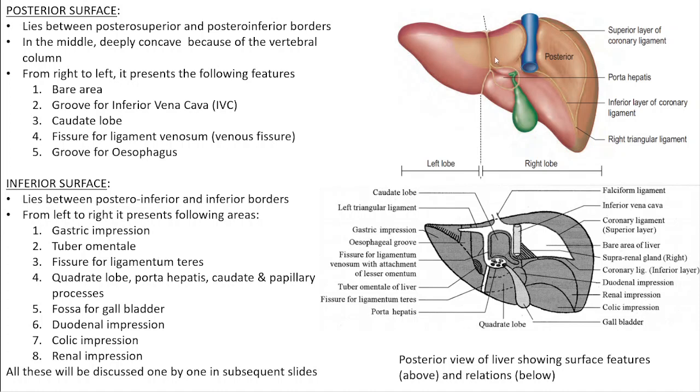that is also considered part of the inferior surface of the liver. It consists of two processes. One is the papillary process, which projects towards the left side, and there is this long caudate process which projects towards the right side. So papillary process and caudate process of the caudate lobe, then the porta hepatis, and then the quadrate lobe of the liver. Then to the right of it, we see there is a shallow depression.